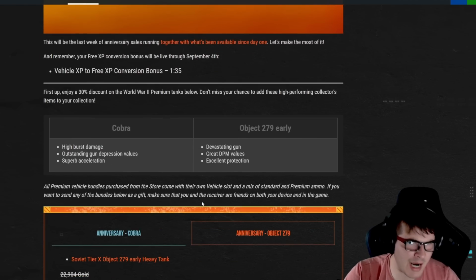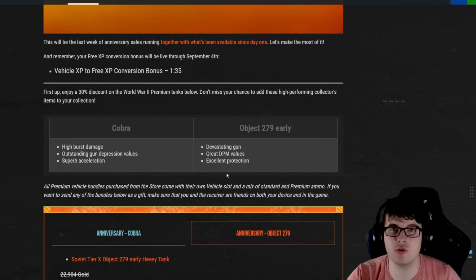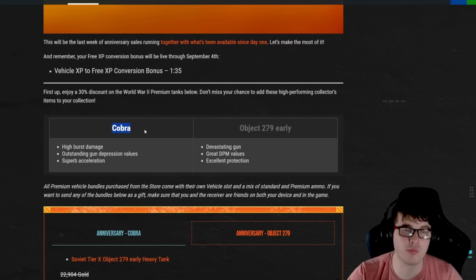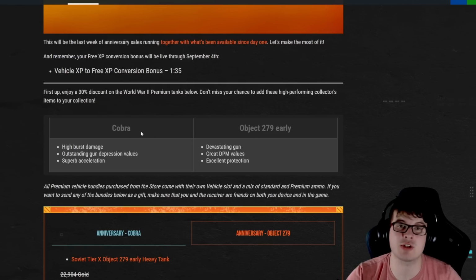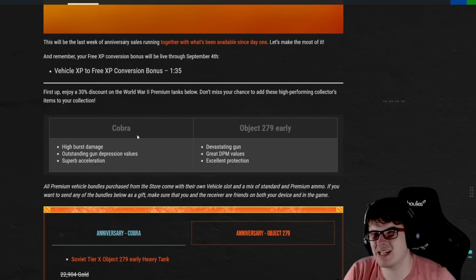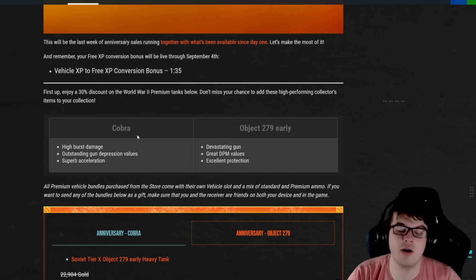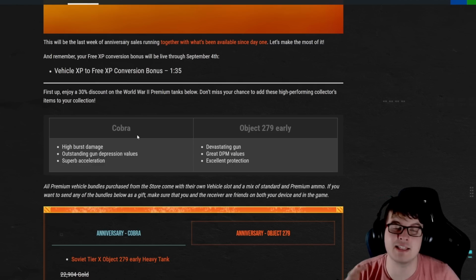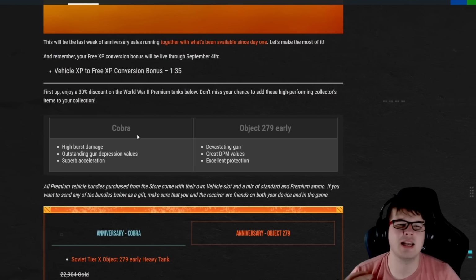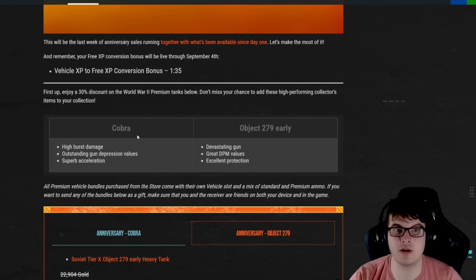But out of that, we also have a 30% discount on World War II premium tanks that include the Cobra, which is the tier 9 British medium, a hybrid with a tank destroyer. It's an auto-loading tank that is able to deal a ton of damage with its HESH rounds, and you get nearly 2,000 damage, I think it's 1,960 damage, with your 4-round autoloader that bursts out that